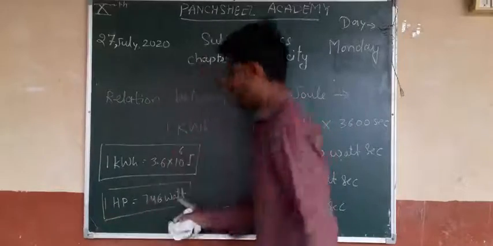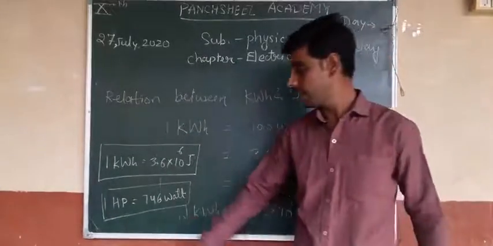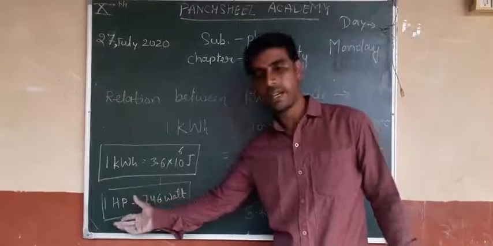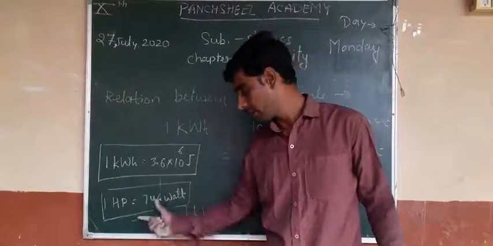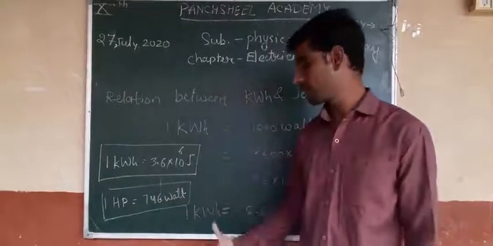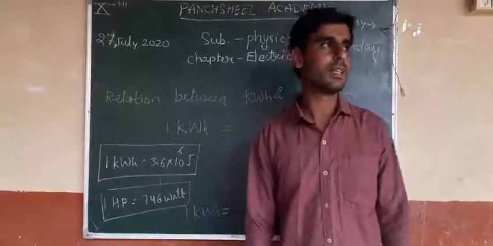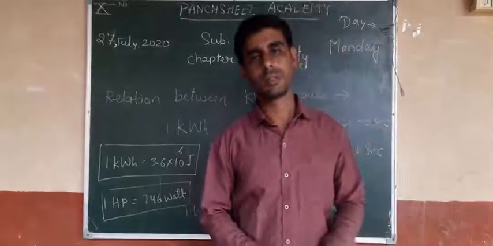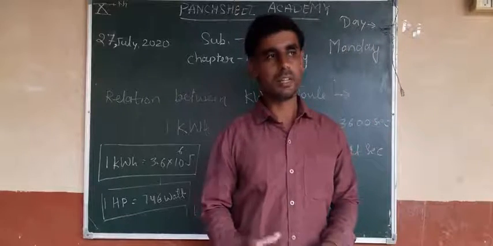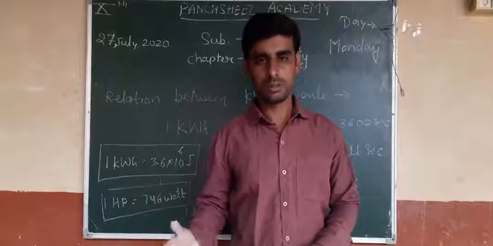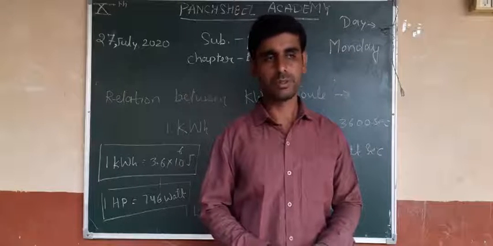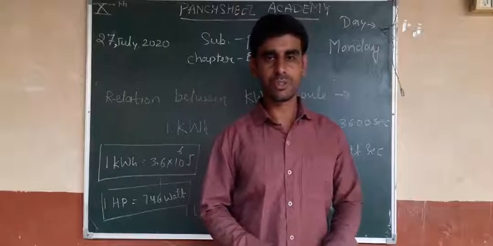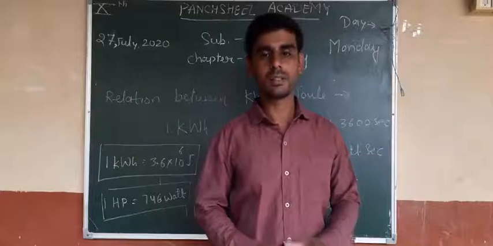746 watt. What is a small unit of electric power? 1 HP, 1 horsepower is the biggest unit of electric power. This horsepower unit is used for the electric power of industrial motors or irrigation motors. Okay, in our domestic use, if we use an electric pump,